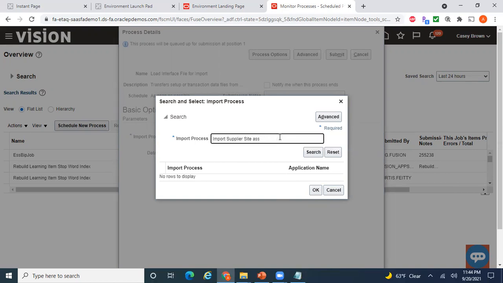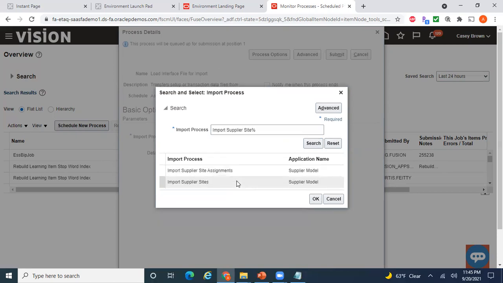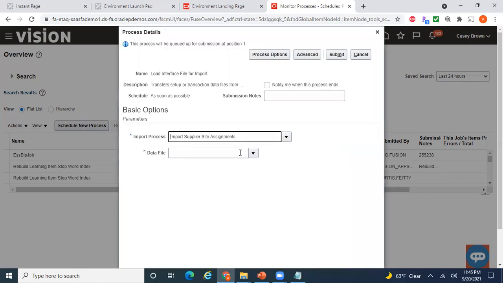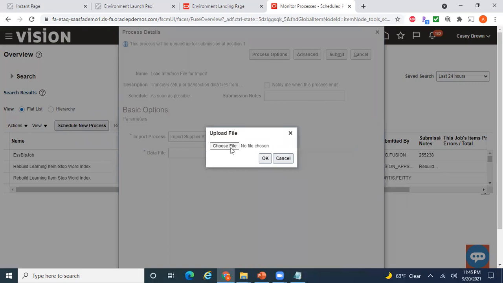Let me select Import Supplier Site Assignments. And then for the data file, upload new file, choose file.